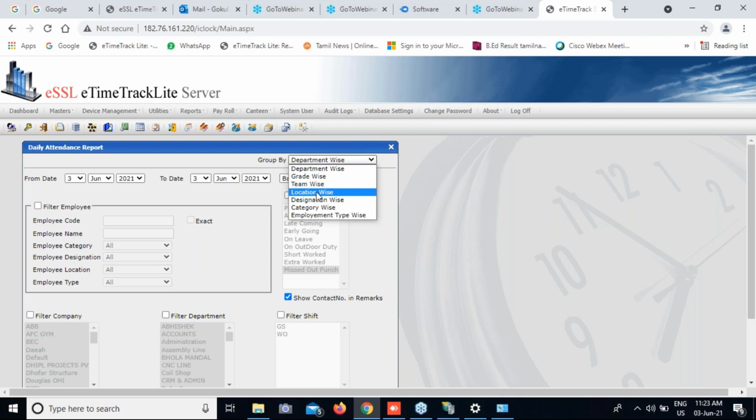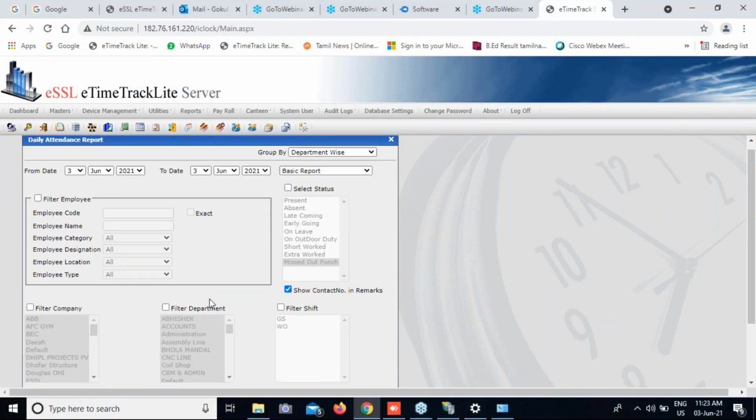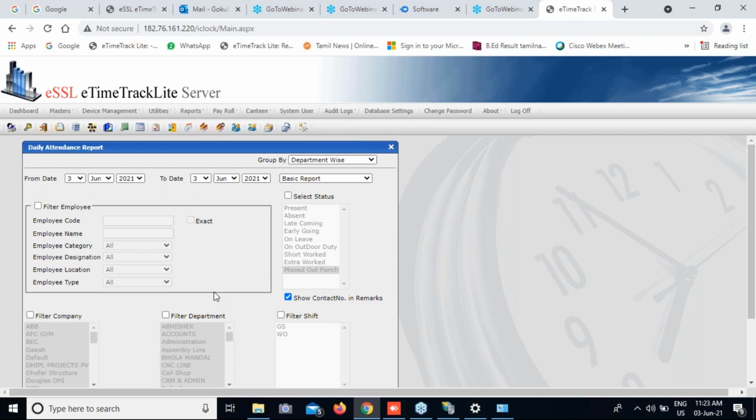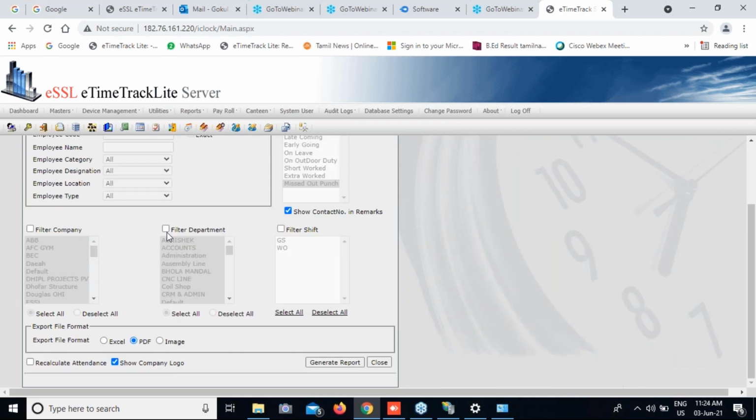Okay, how would we select a device and filter from department B? No, see, the device won't be selected. If we generate the report, all the device data will be recalculated. So the data from all the department devices will be calculated. Okay, I can't put a filter on the device. Yes.